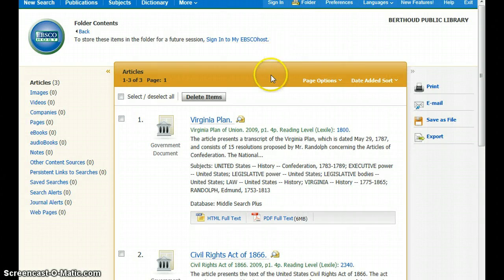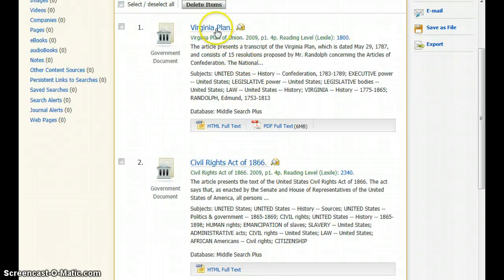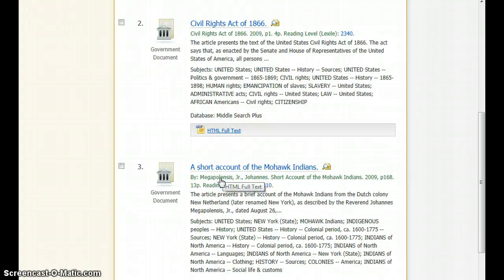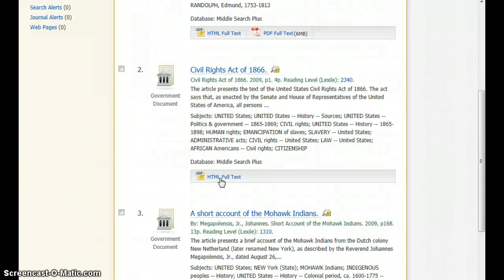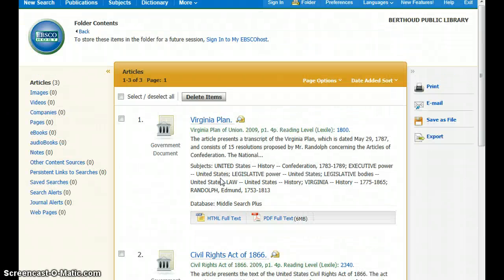We should have 3 articles, I believe, in here. Yep, 1 of 3. So the ones that we wanted to go back at and look at later that were in there are still there, and we can look at the full text. We can look at this one as a PDF. This one is only available as HTML. But, so that is using our database at the Berthoud Public Library,